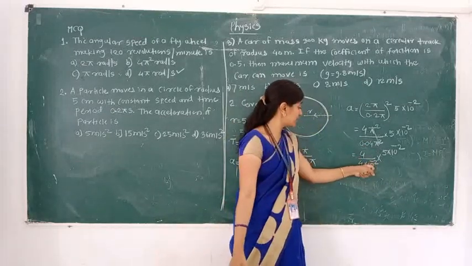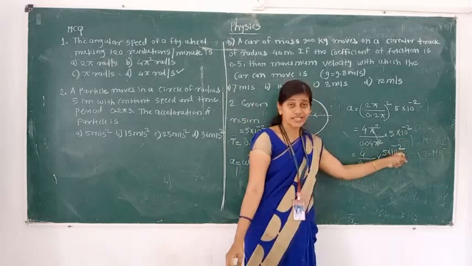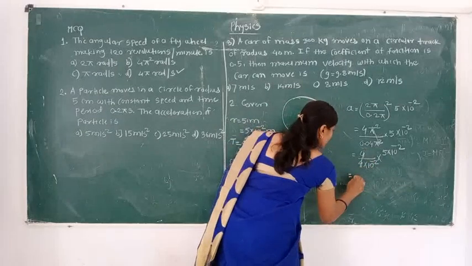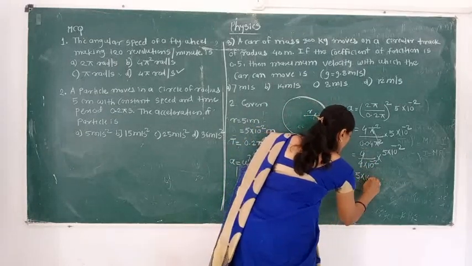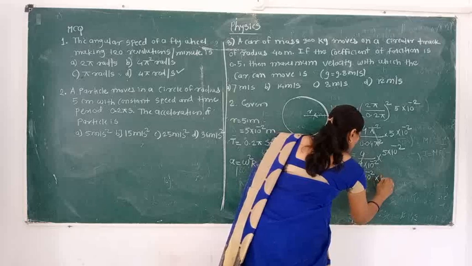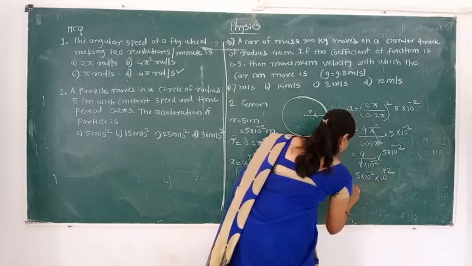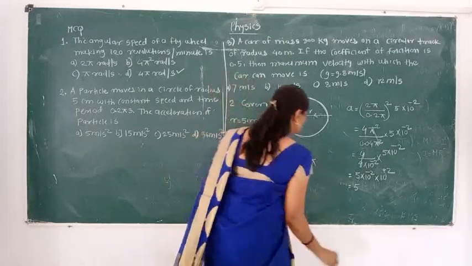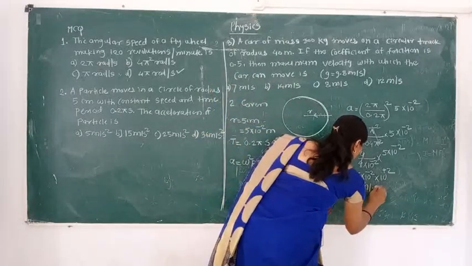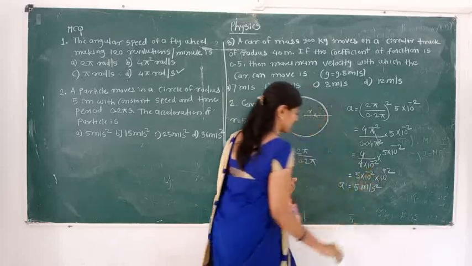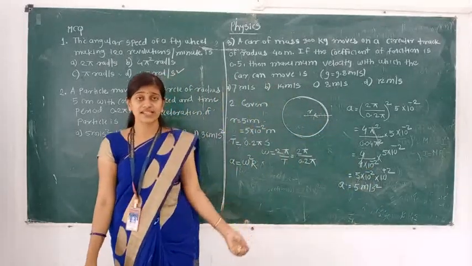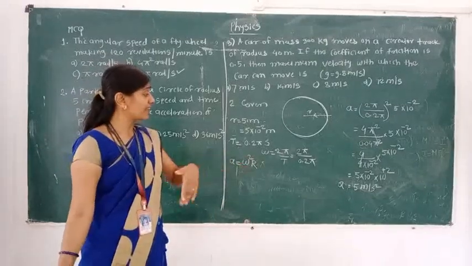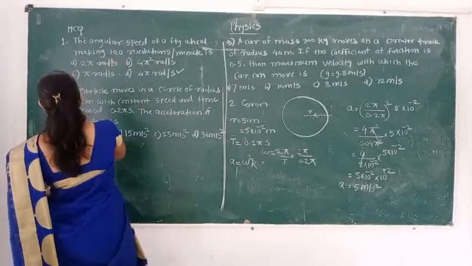ये जो है 10⁻², when it will reach up, it becomes plus and it is going to cancel. So here we will get 5 into 10⁻² into 10⁺². That means we are getting the answer. It is 5, इसका जो यूनिट है मीटर पर सेकेंड स्क्वायर. Here we are finding the acceleration. Acceleration, ये जो acceleration इस केस में है centripetal acceleration है, otherwise we can call it a radial acceleration. See, in that the option is present there.